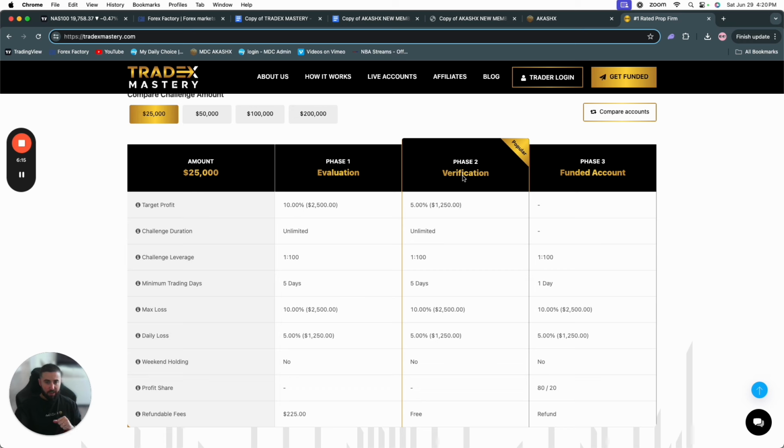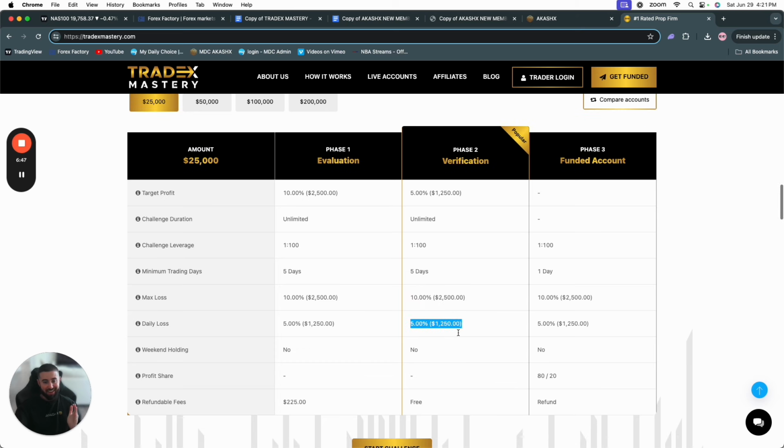Phase 2 is the verification. Verification is just to make sure that you didn't just get lucky that first time around with the evaluation account. The good news is that they're going to make the goal half of what it was the first time around. So you don't have to make another 10%. You only have to make 5% the second time around. So with a 25K account, you're looking at just making $1,250, aka 5%. And again, you cannot lose 10% of the account in the process, and you cannot lose 5% in a single